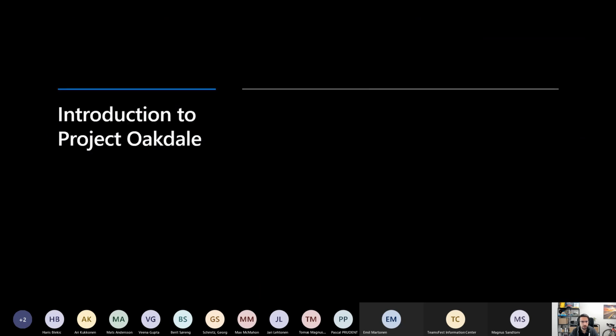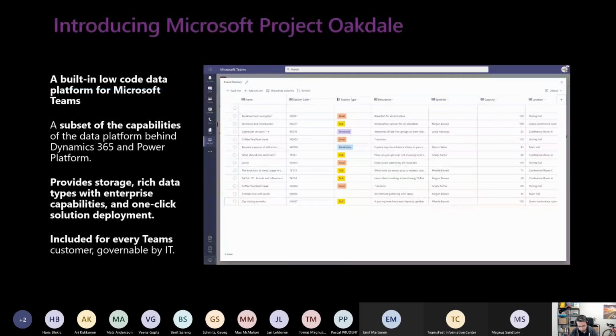Now I want to introduce you to Project Oakltail. Project Oaktail is a preview solution to integrate the Power Platform, and specifically Power Apps, inside Microsoft Teams.